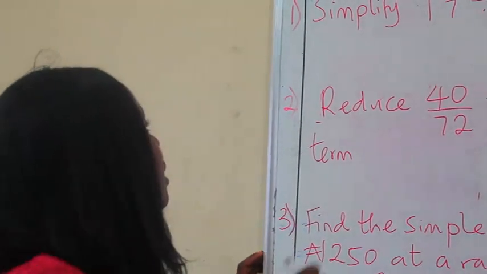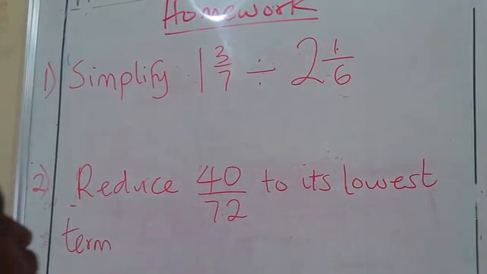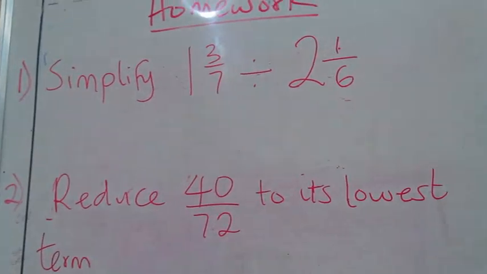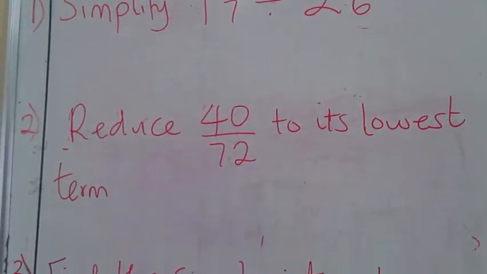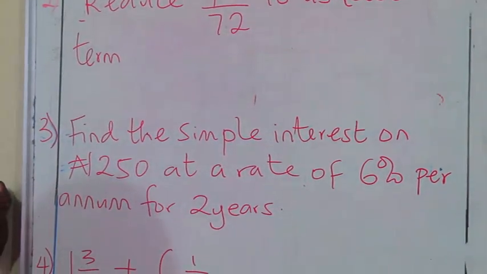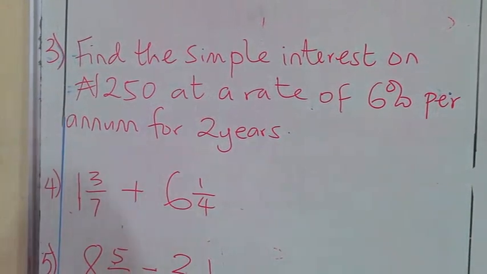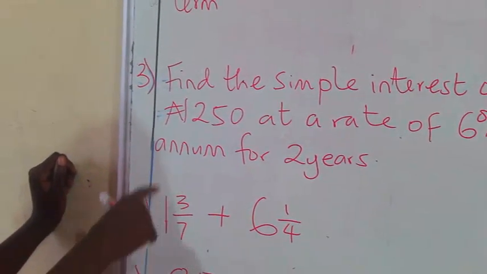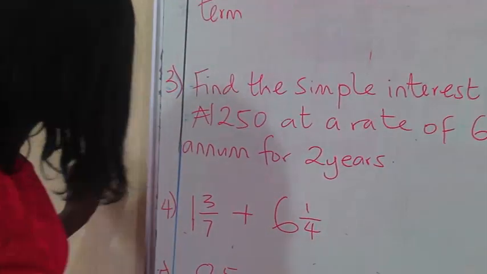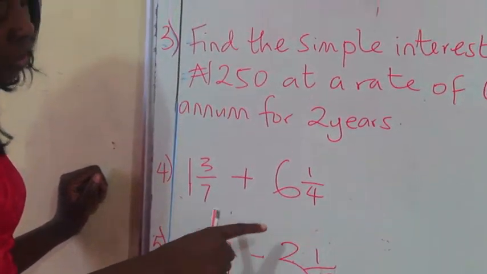The first question says, simplify 1 whole number 3 over 7 divided by 2 whole number 1 over 6. Second question says, reduce 40 over 72 to its lowest term. Question 3, find the simple interest on 250 naira at a rate of 6% per annum for 2 years. Question number 4, you're going to be adding 1 whole number 3 over 7 plus 6 whole number 1 over 4. Question number 5, 8 whole number 5 over 9 minus 3 whole number